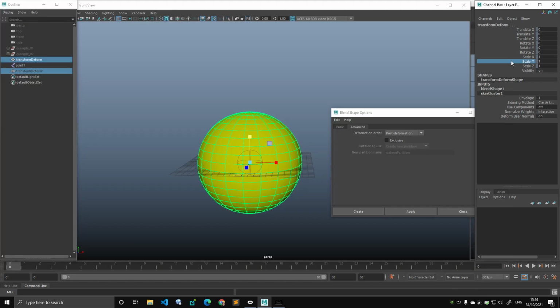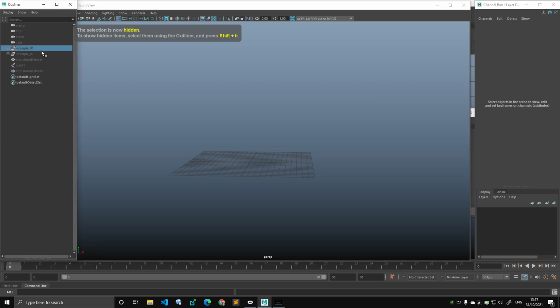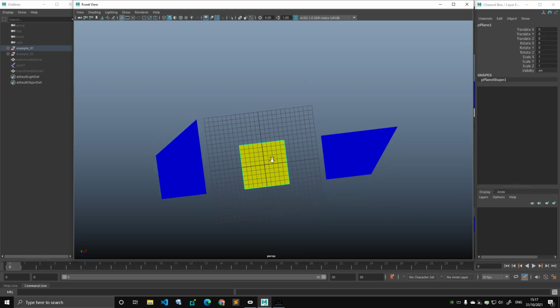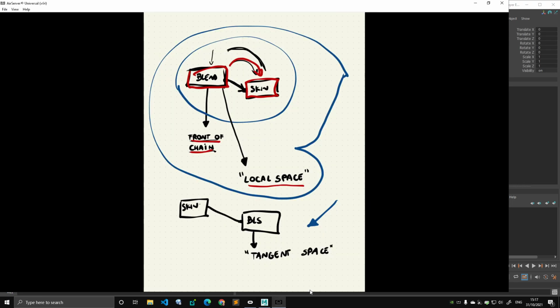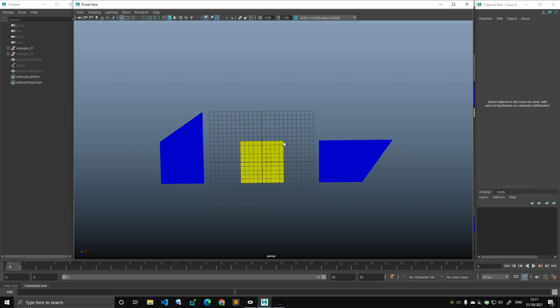So blend shapes, what are those? Why am I moving things around? Let me get rid of all this stuff and let's start with example number 1. Blend shapes and skin clusters are both linear deformers. What does that mean? It means that the interpolation they perform, so the algorithm that is moving vertices around, uses a linear interpolation because it is extremely fast. In the case of the blend shape or a morph target,